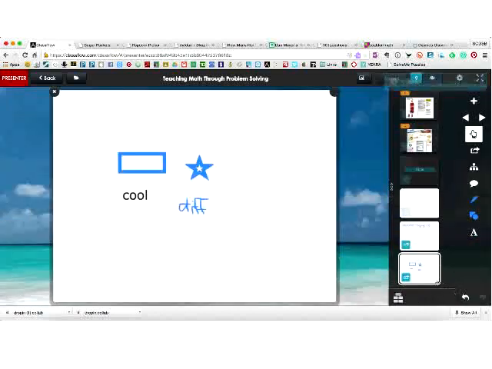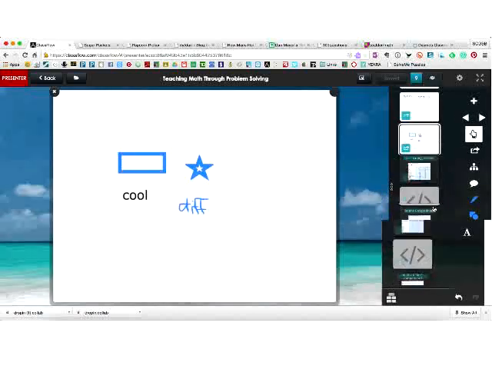And so now, say I wanted everyone to see this method of solving the problem. So now I've sent it out to you on your screen to see it big, or on your own device. And so students can now see a different way of solving, someone else's way of solving the problem. Leads to some great discussions. Different ways of solving problems.